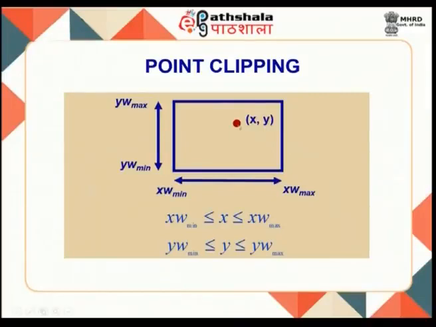So, it is obvious that the point actually lies outside the window right next to the right boundary. Because the y coordinate is satisfying the two inequalities, the point lies within the two horizontal boundaries, but the point does not lie within the two vertical boundaries. So, it is an outside point and can be discarded. A simple conclusion is, if even one of the four inequalities is not satisfied by a point, the point is an outside point.